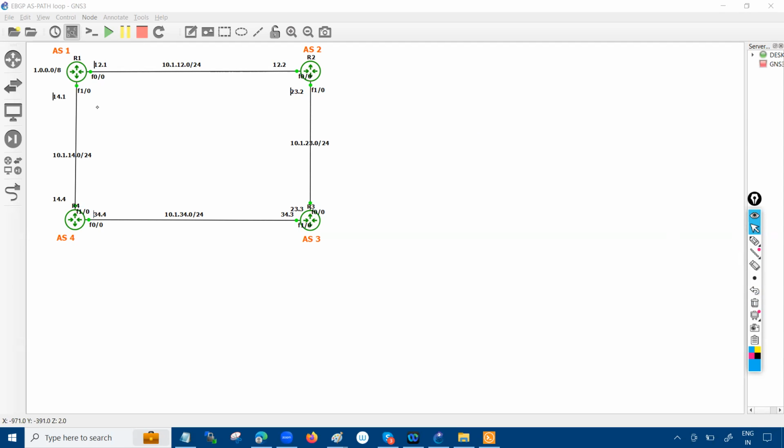Now you can see that in this topology, we have router one. That router one is running with AS number one, and they have a 1.0.0.0/8 route. At the same time, this interface is 12.1 configured, and 14.1 on this interface. Same way you can see on router number two, which is running with AS number two, the 12.2 and 23.2. And the subnet that we are using between R2 and R3 is